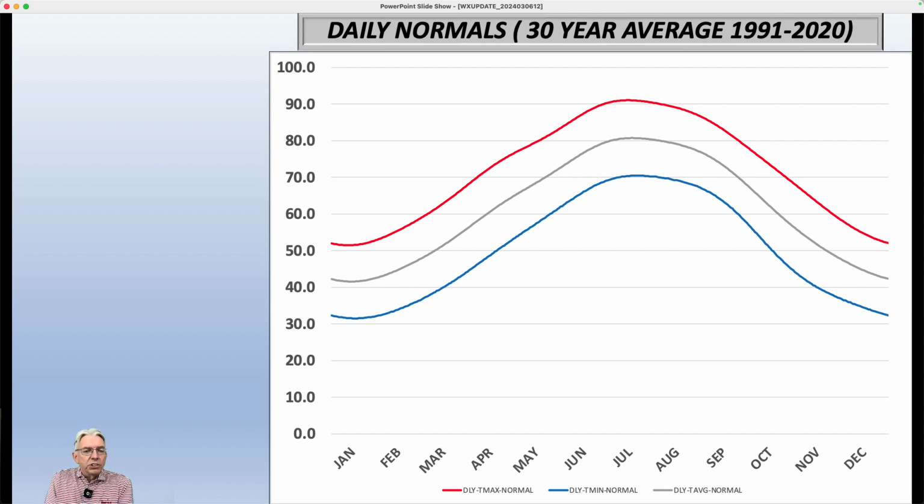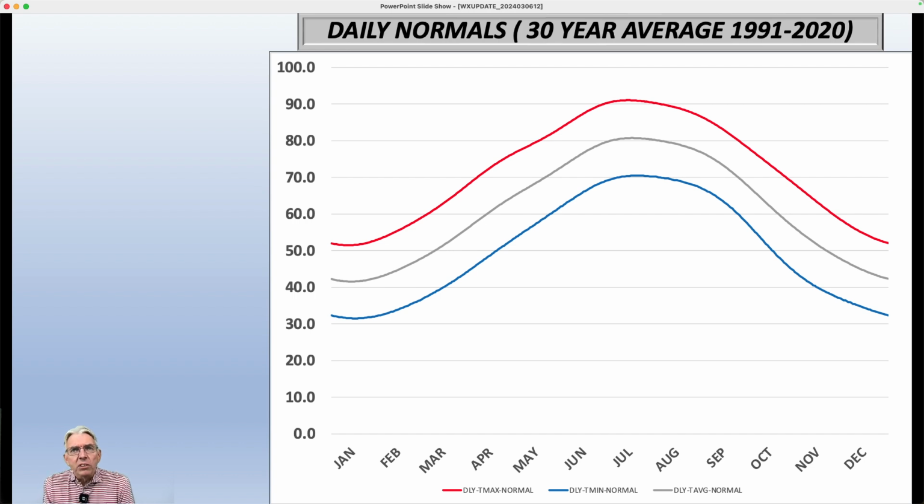Thirty years is generally looked at as a period of time where you can assess whether or not the climate is changing. This goes way back before the issue of climate change. It's just that that period of time gets rid of a lot of the noise, where you can have a cold winter or a hot summer or whatever. It's a long enough period that you can really take a look at the long-term trend.